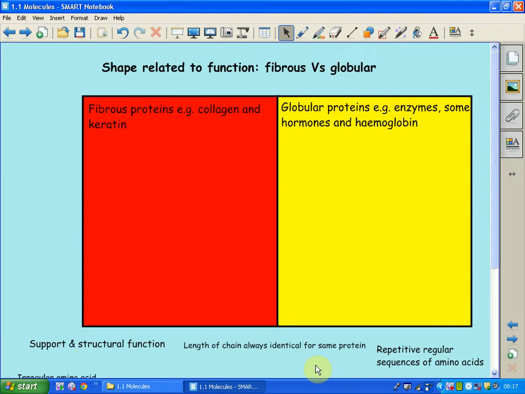This video clip is to show you how to make a quick interactive sorting activity for pupils using Notebook. This is one that I produced for my A-level class, just to show you how it works, where pupils have to sort these statements into whether they're characteristics of fibrous proteins or globular proteins. So the pupil comes up to the board and selects whatever statement they want and drags it to the appropriate side of the board. So for example, this one here,